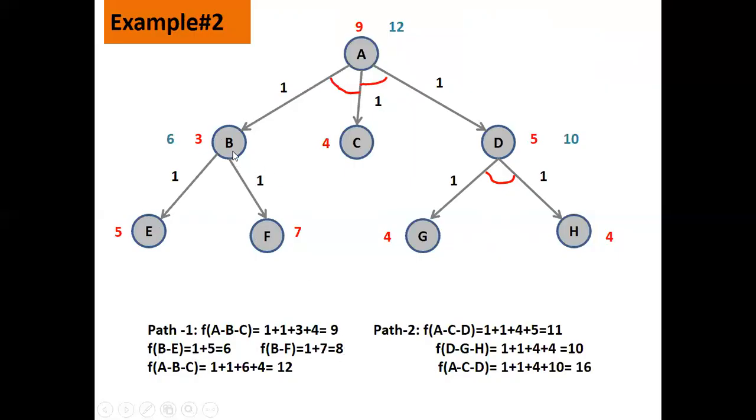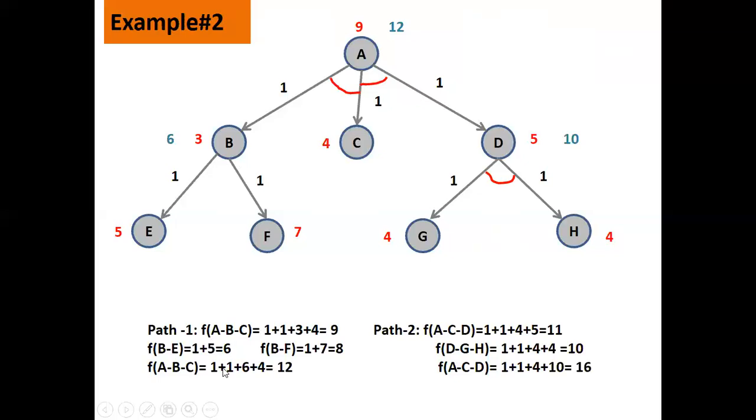Now for B you need to take the minimum cost. So the minimum cost is 6. So now what I do is I revise the cost of B. Instead of 3, now the revised cost is 6, which is given in the blue color. Is it clear? Now once I get this revised cost, let me calculate the cost of A again using this revised cost. So again I will be calculating B, C and A, right? So A, B, C, it will be again 1 plus 1 plus 4 plus 6 now, not 3, 6 now, the revised cost we are taking, right?